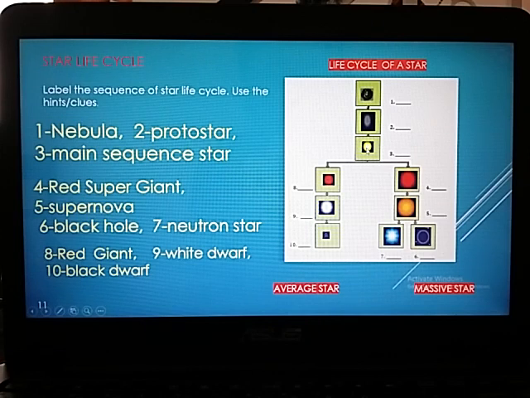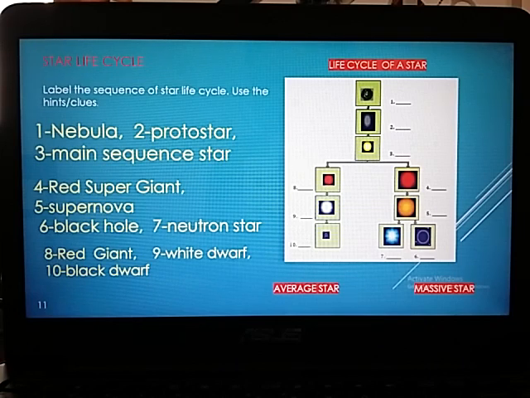What happened to the star or the main sequence star kung naubusan na siya ng fuel? If malaki siya, it will go to this part. If maliit siya, it will go to this part. Now, if the main sequence star naubusan ng fuel and medyo maliit siya, it will go down on the left side. A giant star